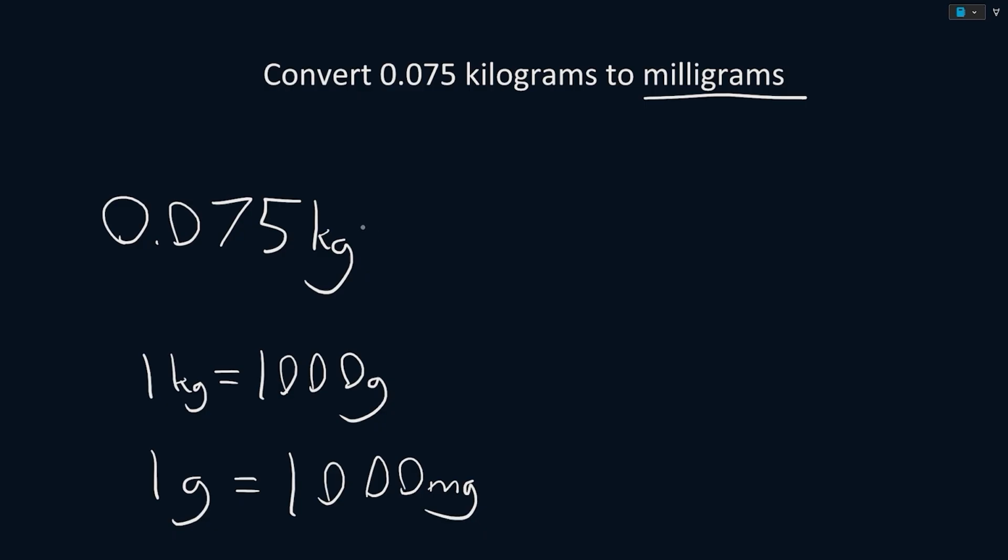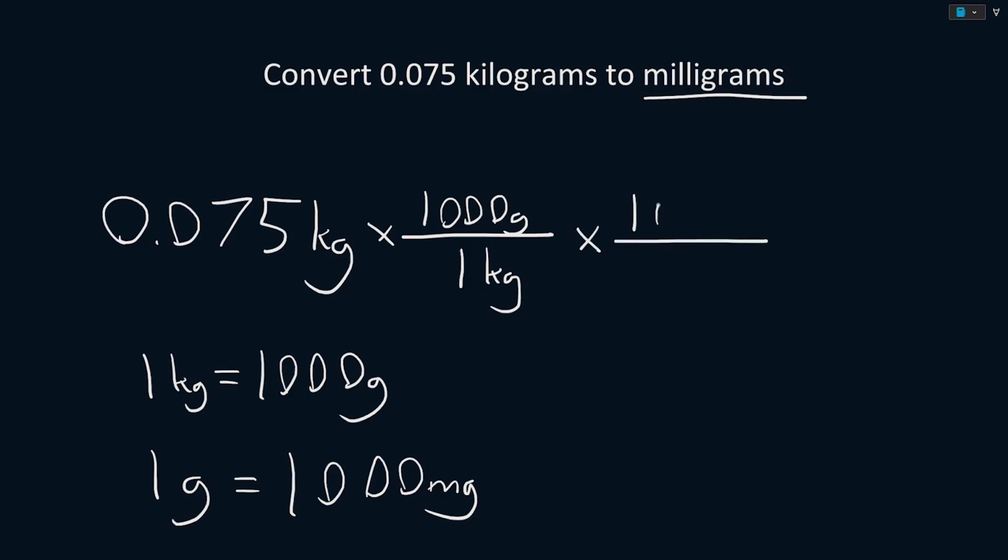First, we will convert kilograms to grams by multiplying through our conversion factor of 1,000 grams per 1 kilogram. Then we will convert from grams to milligrams by multiplying through our conversion factor of 1,000 milligrams to 1 gram. Multiplying through this equation, we see that the kilograms cancel and leave us with grams, then the grams cancel and